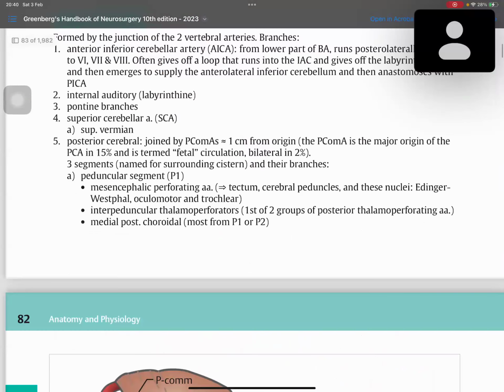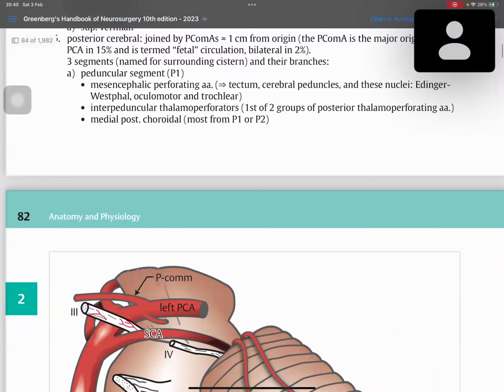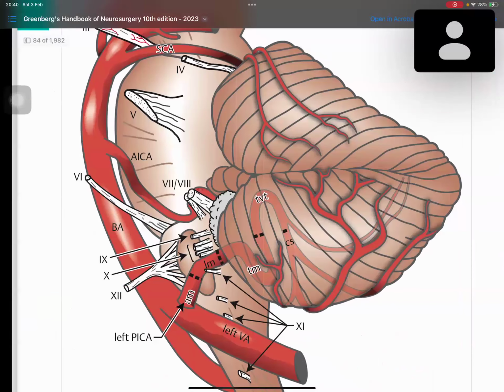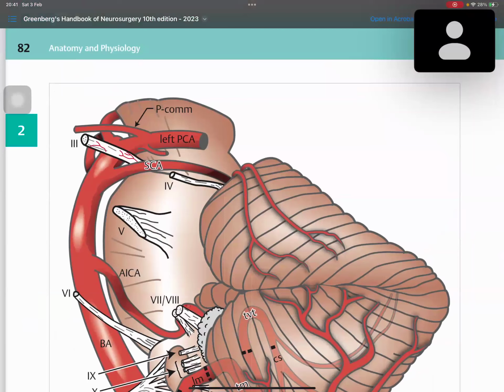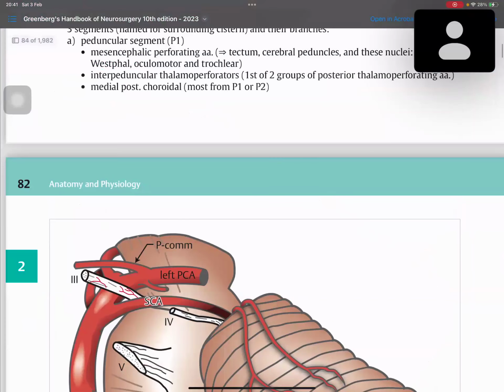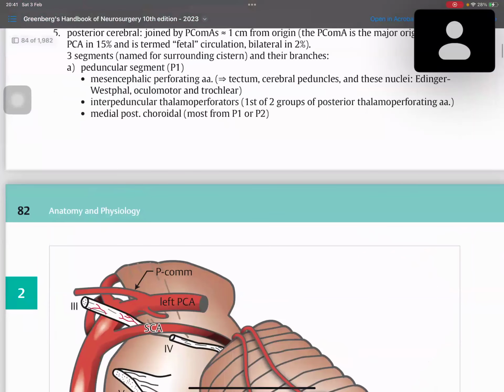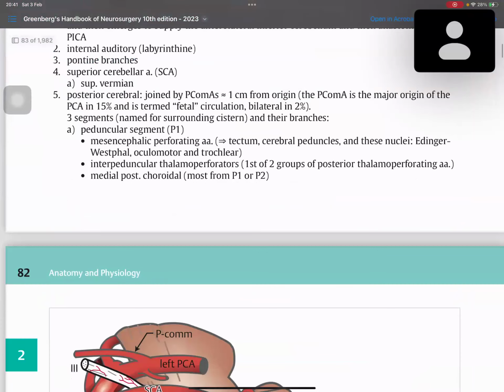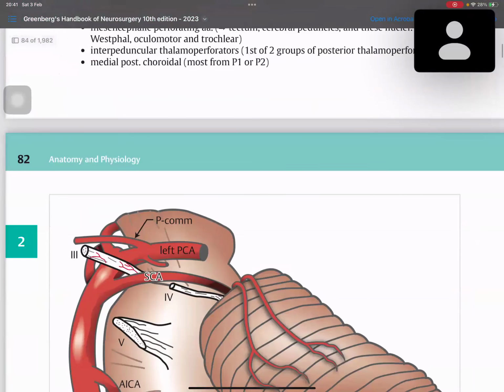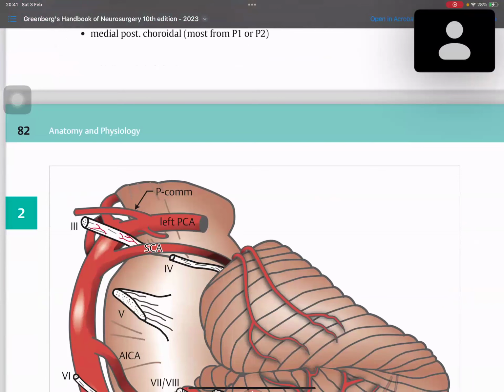So an aneurysm of the PCOM can actually cause compression of the third cranial nerve. That gives us the classical description of the arrangement of fibers within the third cranial nerve, which talks about the non-pupil sparing and the pupil sparing